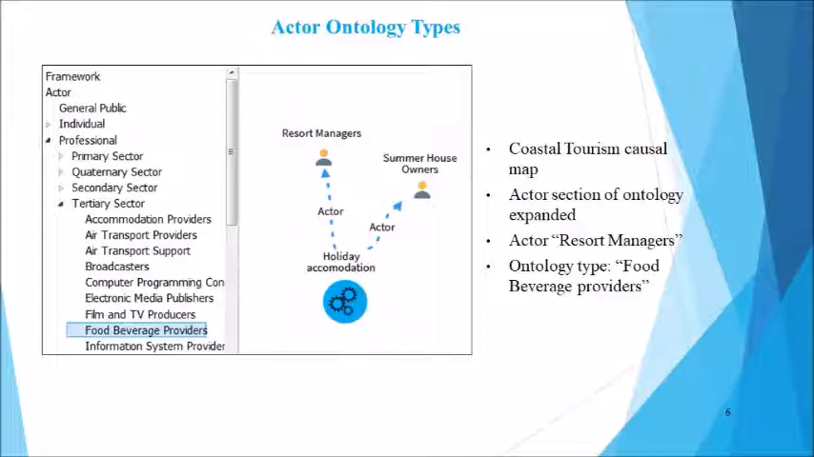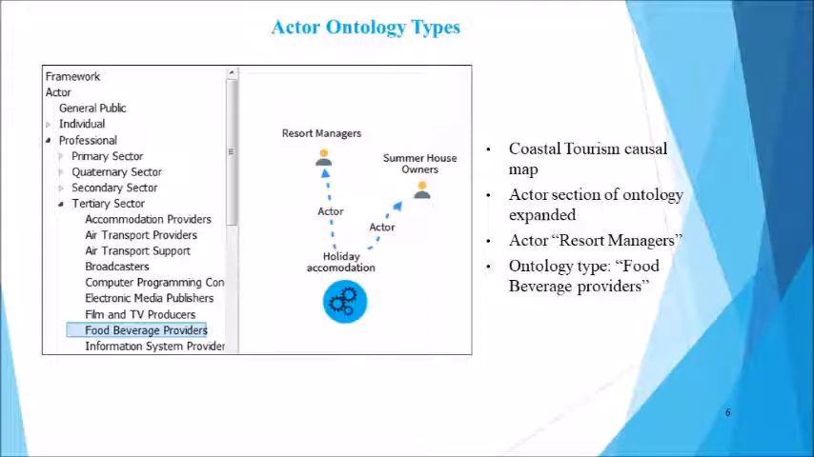Here we have an example of the user creating an actor type on the canvas. So this is for the Coastal Tourism Causal Map, and the actor section of the ontology is expanded. So we can see that the user has expanded professional, tertiary sector, and has chosen the type food and beverage